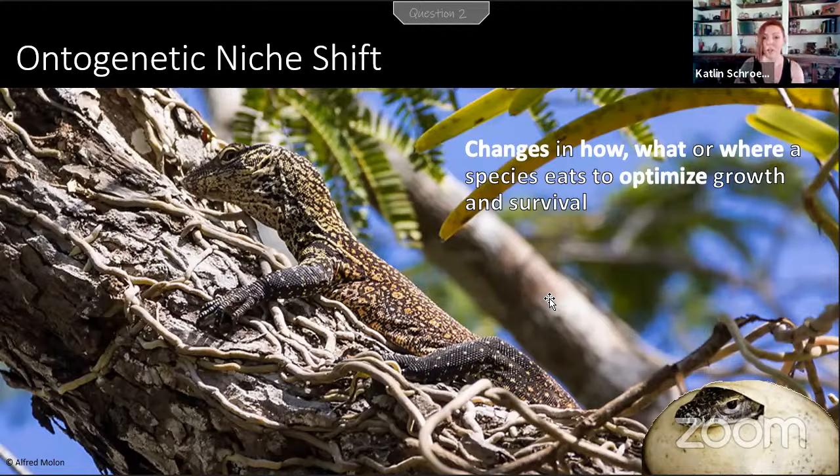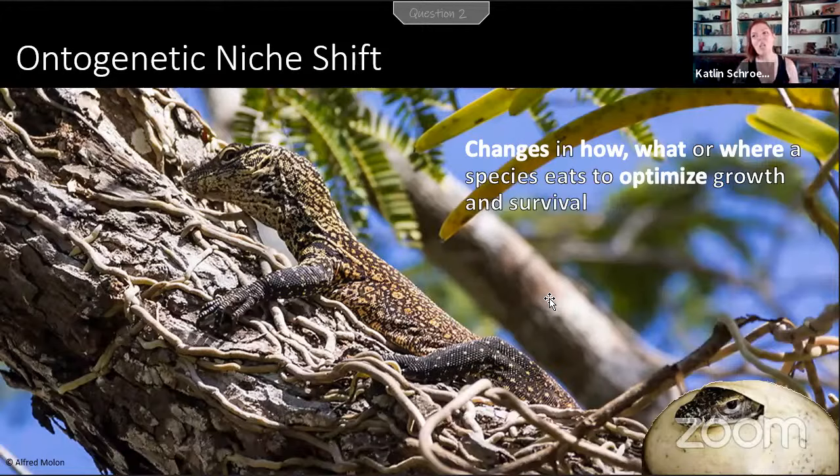So adult Komodo dragons, which are 200 kilograms and fully terrestrial predators that are known to hunt and eat things the size of water buffalo as adults, as juveniles, Komodo dragons actually live in trees and eat bugs, right? They're hatched out of eggs about the size of a chicken egg. And from that point, it's just a mad scramble up to the nearest tree because mom is just as likely to eat you as she is to take care of you.